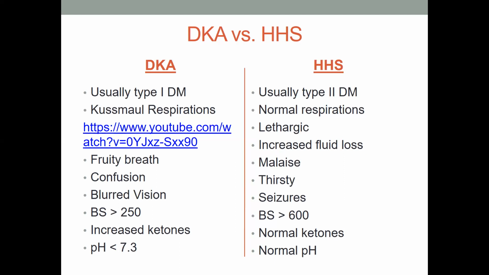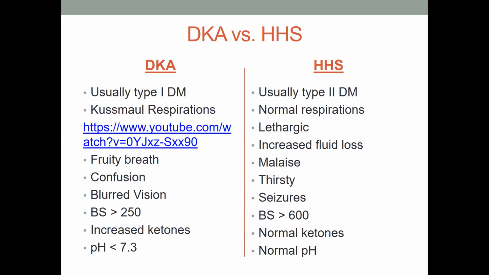Persistent hyperglycemia causes osmotic diuresis, which is the loss of fluid and electrolytes. Hypernatremia and increased osmolality can occur. Remember, it's related to dehydration. HHS can occur in both type 1 and type 2, but it's more common in type 2. The onset is longer in duration, usually greater than 24 hours or over several days. They're going to have a higher blood sugar,